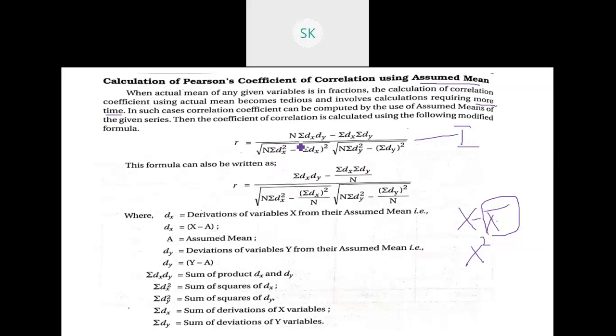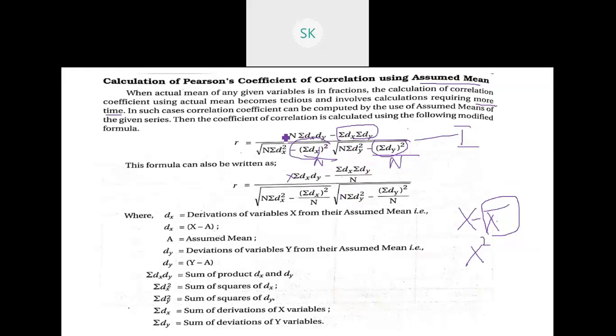Now they have just divided here. Everywhere you have n, which is multiplied, they have divided by n again. So for every second expression that you see here, n is divided, which means this first n will go away here, and for the same expression you have divided by n. Again below you have divided by n. That is the only difference between both the formulas.